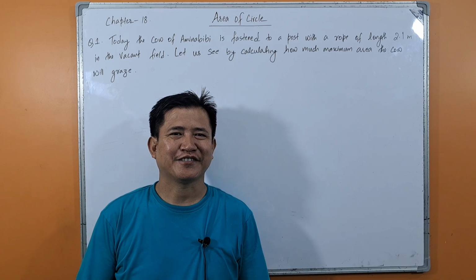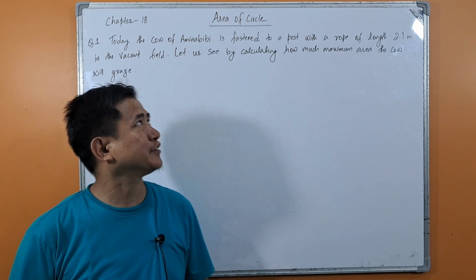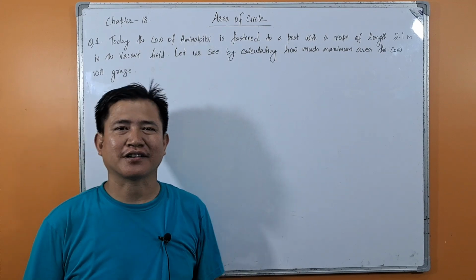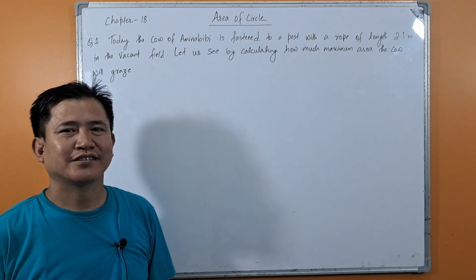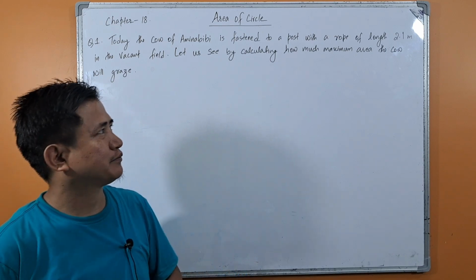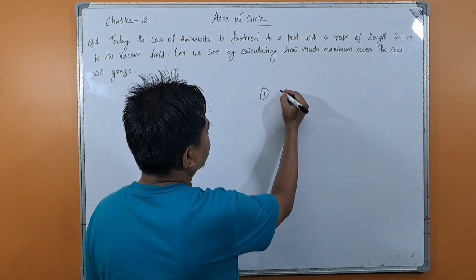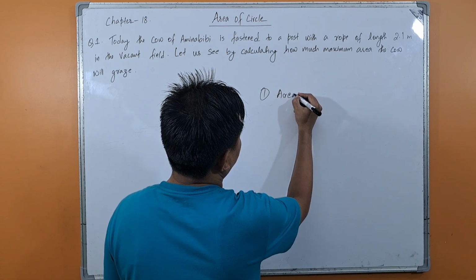Hello students, today we'll start a new chapter from West Bengal Board of Secondary Education class 9th book, chapter 18, area of circle. Before we start this chapter, let us write the formula that will be required to solve the problems from this chapter. The first formula, one and only formula, is area of circle